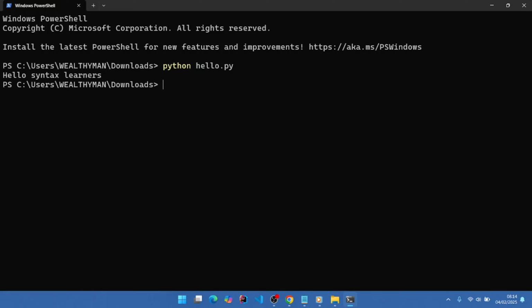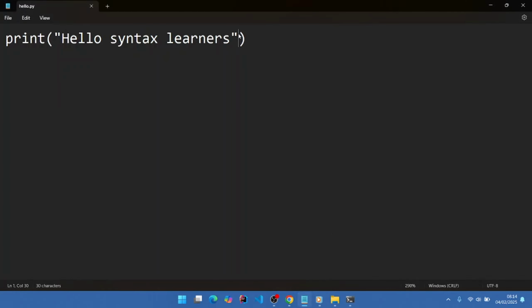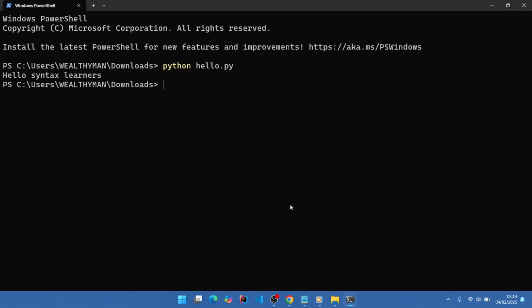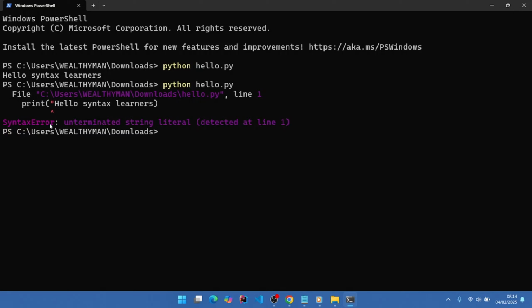That's our result. You can see it just wrote hello syntax learners on the screen. So let's say as we were typing, we made an error. Let's take out the second quotation mark. Let's save it by holding Ctrl and S on our keyboard. Let's go and run it. Open the command line again. Type python space hello.py. Enter. As you can see, we have an error message. So whenever your code is written wrongly and you try to run it, you get a log of an error message trying to explain what the problem is,